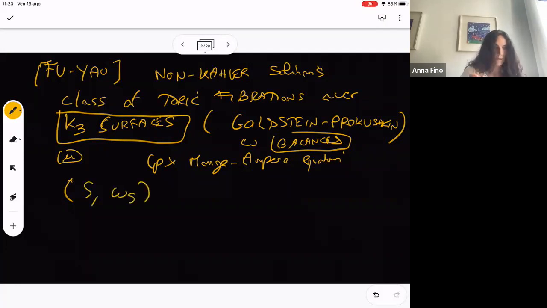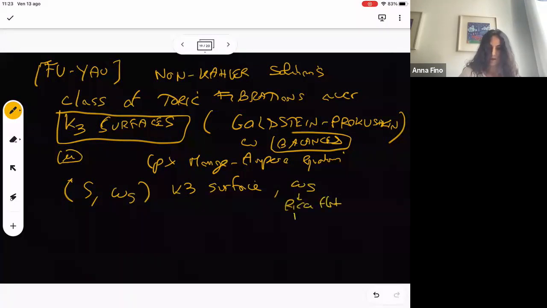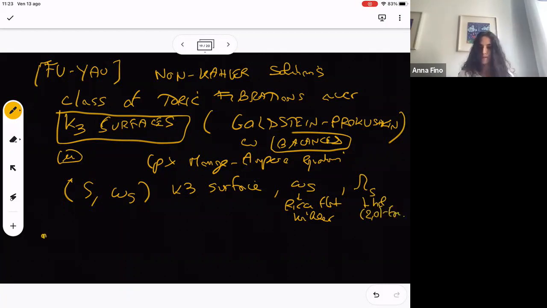Let's start with a K3 surface S with omega_S, which is a Ricci-flat Kähler metric, and then we have omega_C, which is a holomorphic (2,0)-form on S. What was described by Goldstein and Prokushkin is that for any pair omega_1, omega_2 of anti-self-dual (1,1)-forms